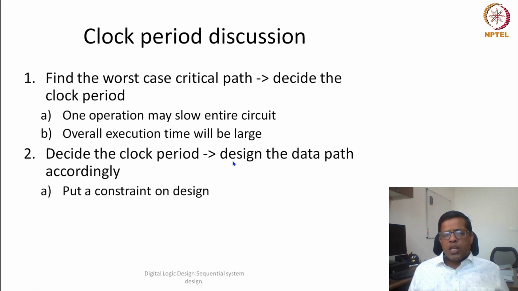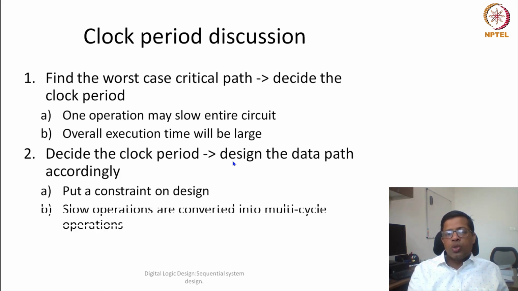Now a couple of questions are coming intuitively to my mind. What would happen if my combinational delay is more than the clock period which has been decided by somebody else? This clock period has been dictated by somebody else, or it's part of the specification that we have to design a system with, let's say, 1 gigahertz, 2 gigahertz, 2.5 gigahertz. Correct. So what would happen if my combinational delay doesn't fit into this clock period? Then